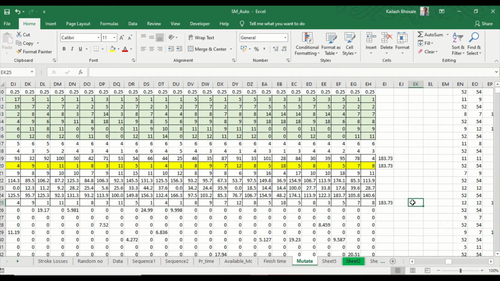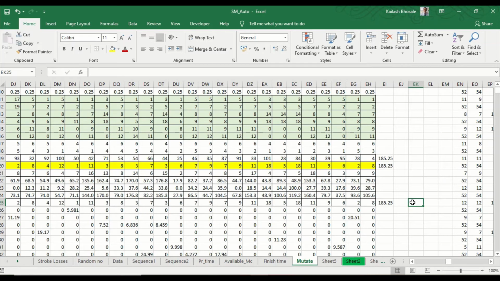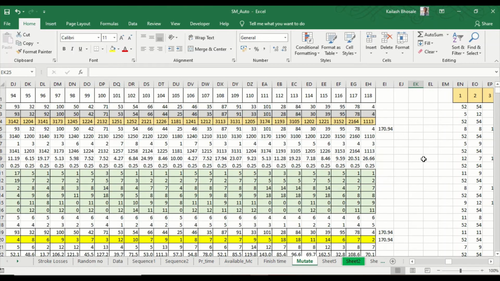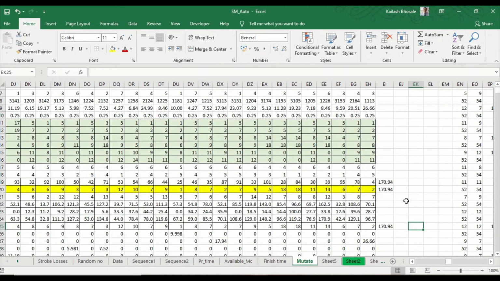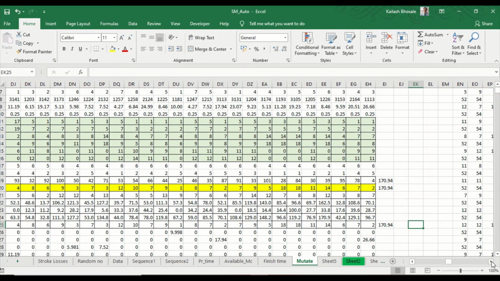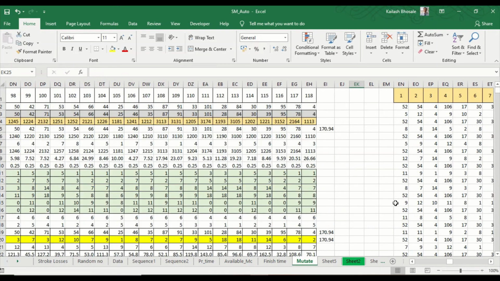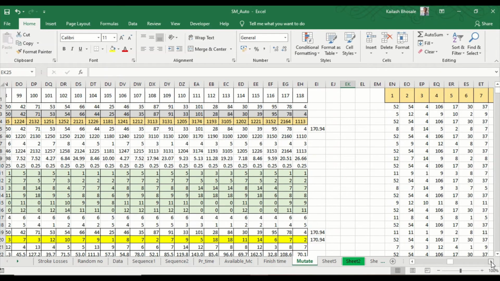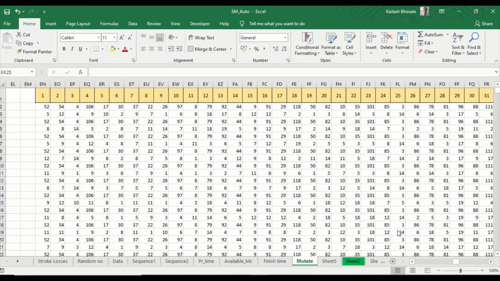When I press the delete key here, it generates new random numbers and then finds the solution, the total time required for these 118 operations. First I have to generate the random numbers, so here I have generated some initial solutions.